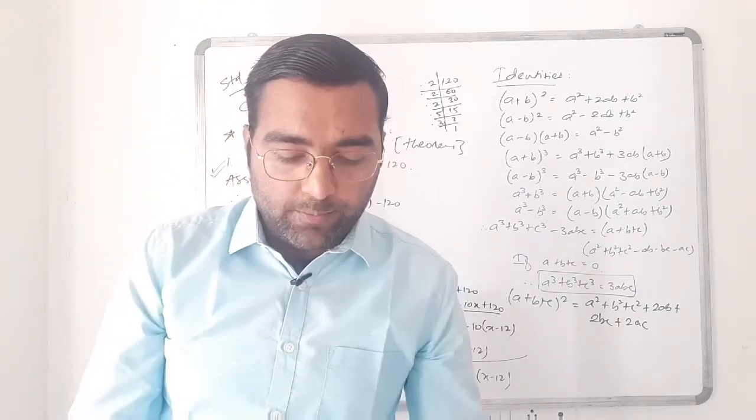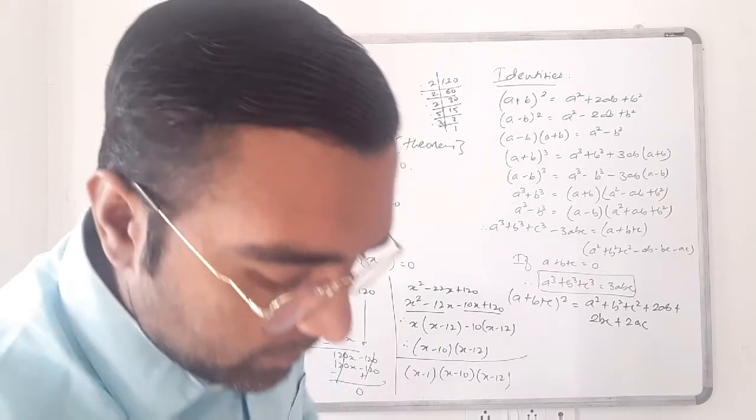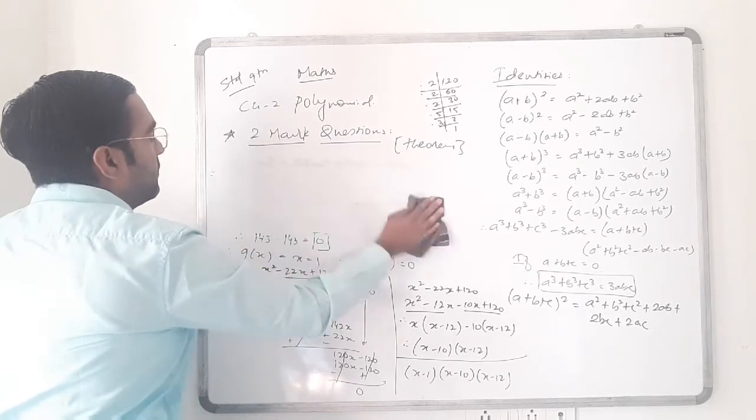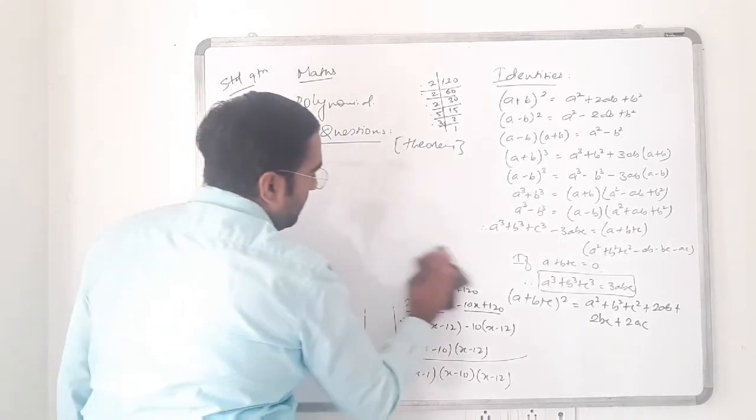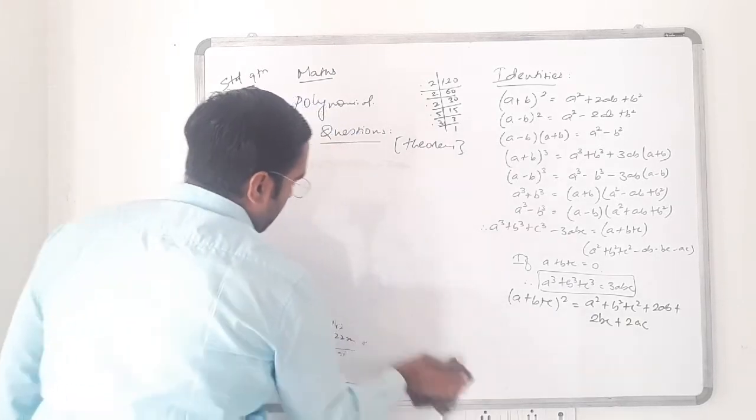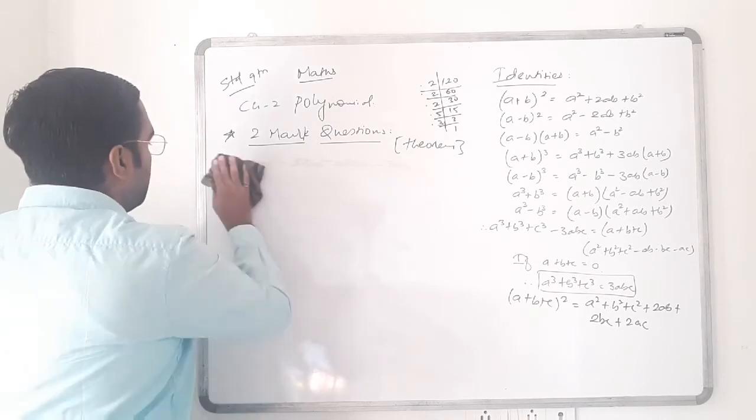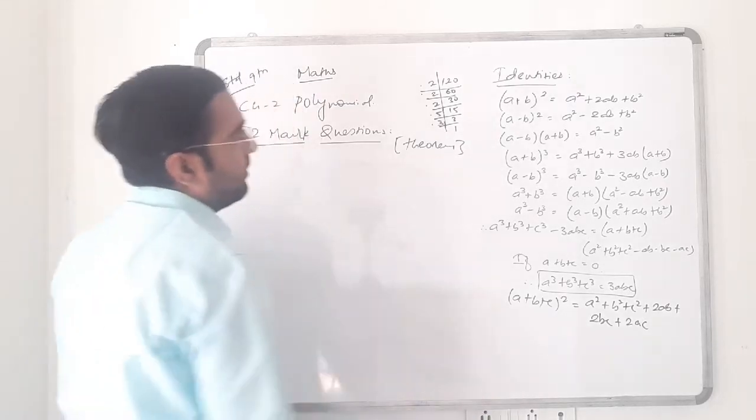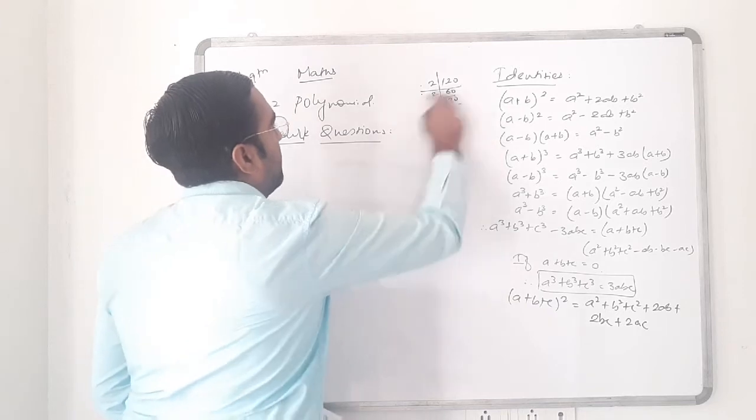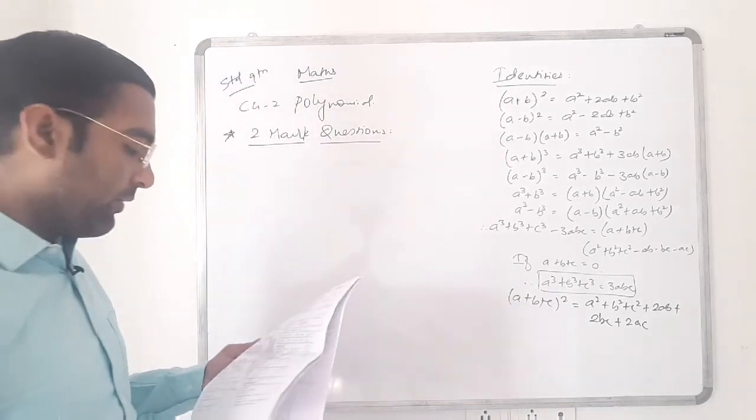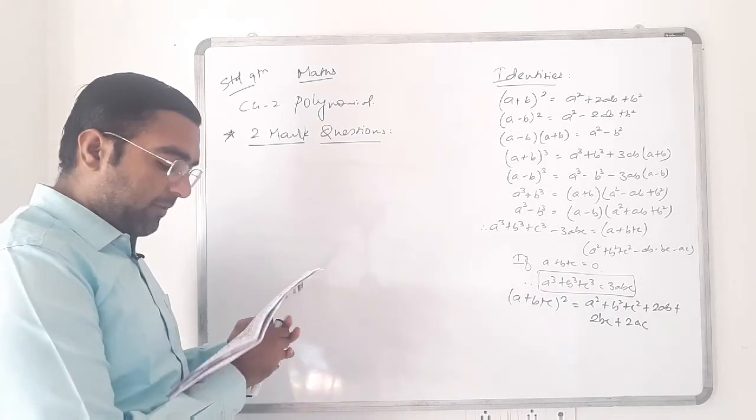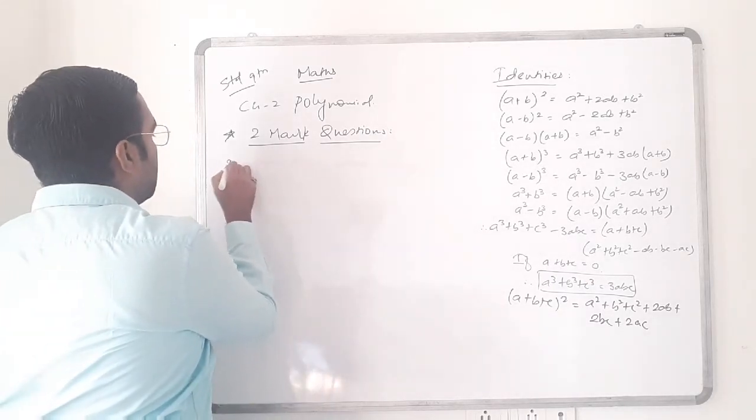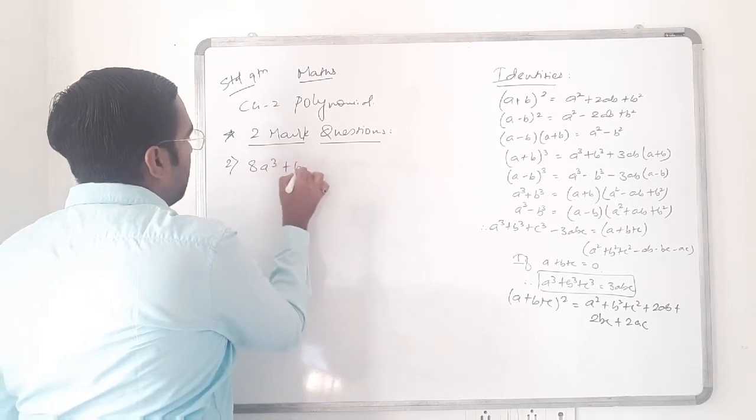Clear? Now we are moving on to question number 2. So question number 2 will be a cube plus b cube, a cube plus b cube,